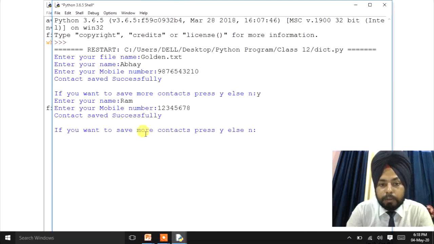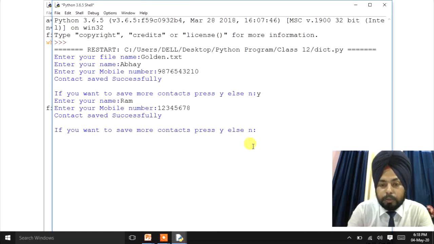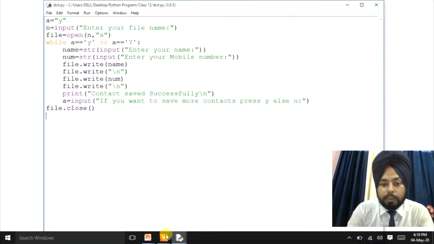If you want to save more contacts, then press Y, else N. Means if you need to save more contacts, then you have to press Y, otherwise you have to press N. Now I'll press N. Now it will be closed.